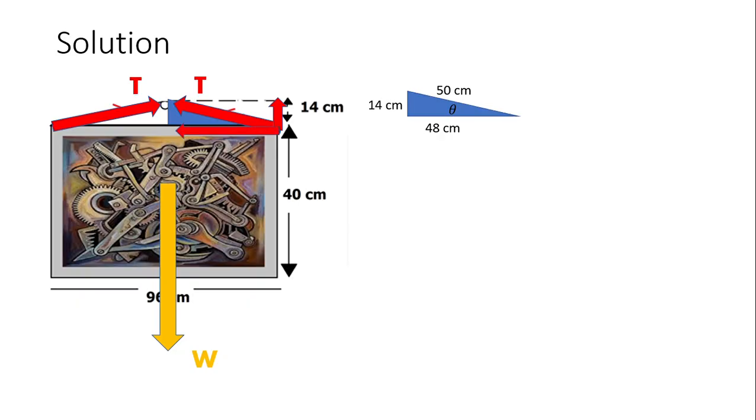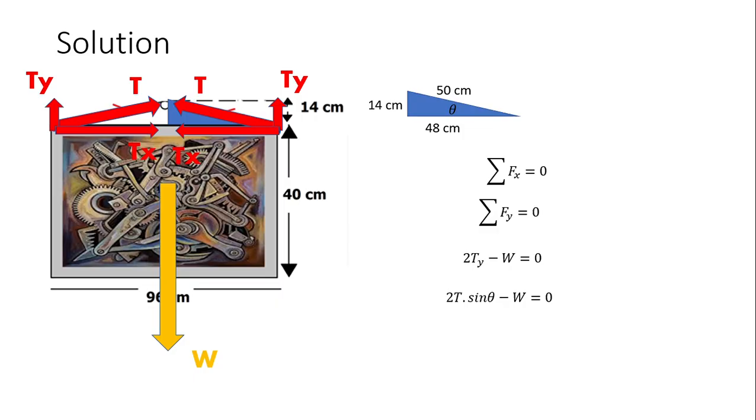We project into x and y, the rope tension into an x component and a y component. The x component has to be zero, so the x components cancel each other. That's zero. Easy. Now the y component. We have two y components of rope tension and also the weight of the painting. The two components of the rope tension are upward, the weight is downward. So we get this. Don't forget the y component of the rope has to be multiplied by sin theta.